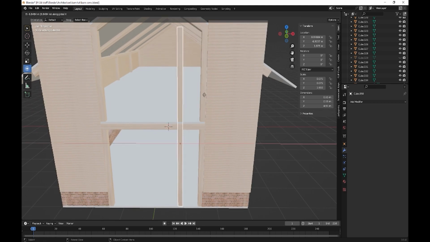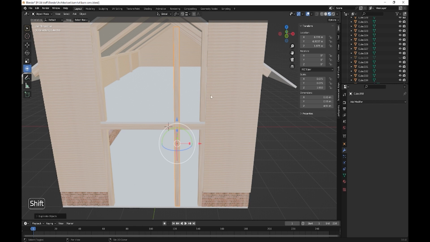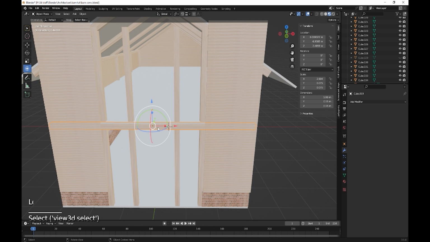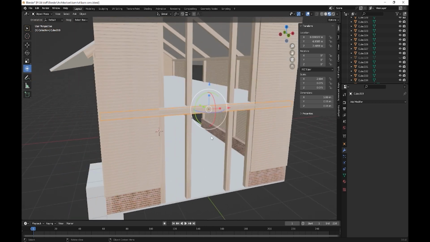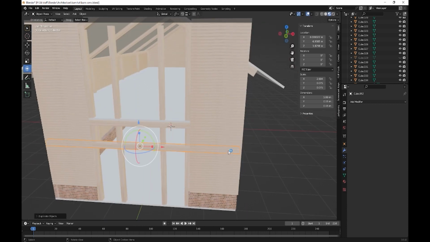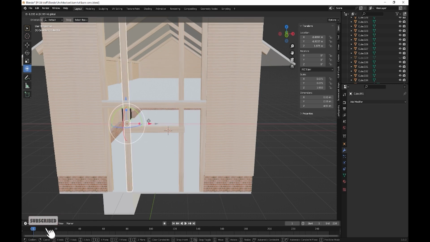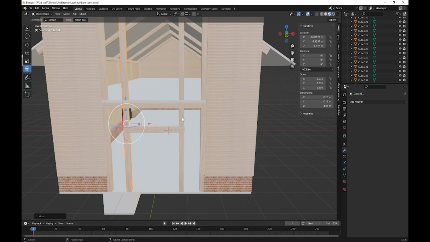Shift D on the X, Shift D on the X. What we need now is just to bring that one, Shift D on the Z. On the Y, on the X, was it 180 maybe on the X? 1.8. So that can move that way a bit, and that one can move that way a bit, and then just here